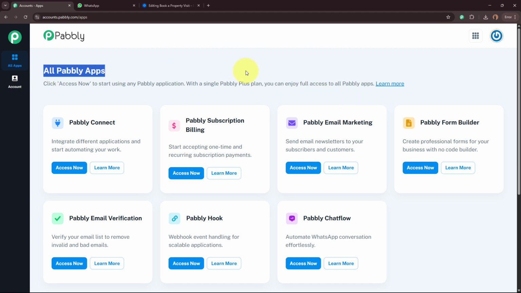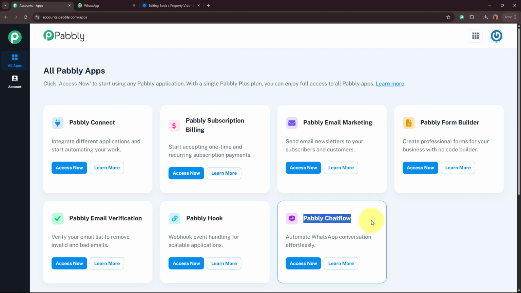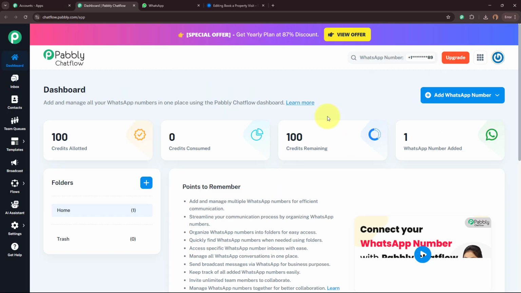You can see the All Pabbly Apps window next, in which you can see all the applications that Pabbly provides, from which we are going to select Pabbly Chatflow by clicking on this Access Now button right over here. Then Pabbly Chatflow's dashboard is going to appear in front of you. What is Pabbly Chatflow? Pabbly Chatflow is a tool that helps businesses to send WhatsApp messages and manage WhatsApp conversations